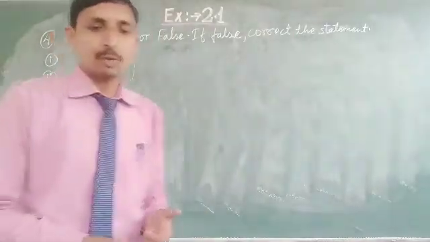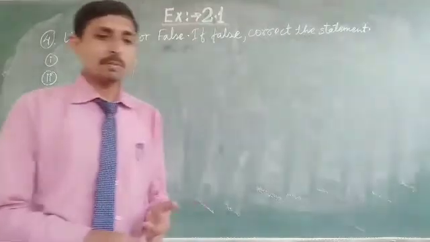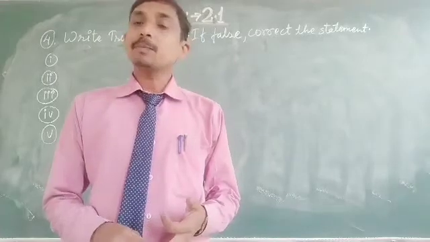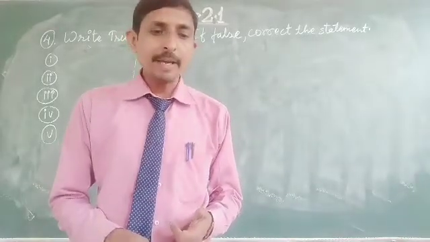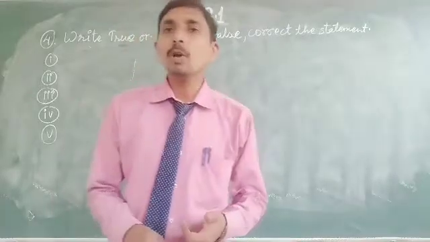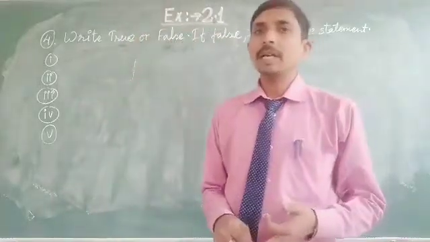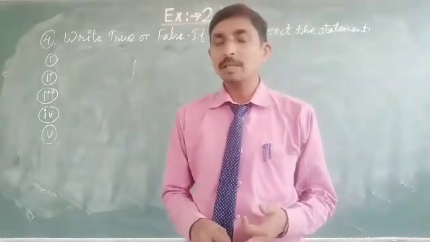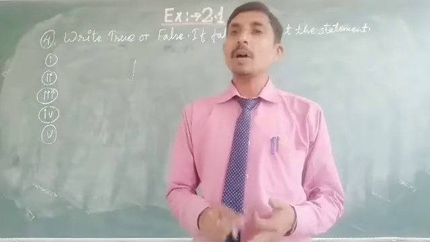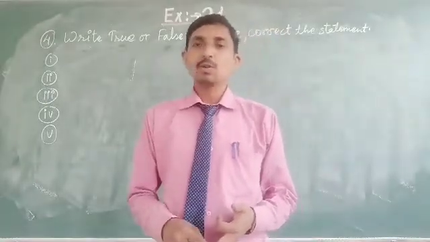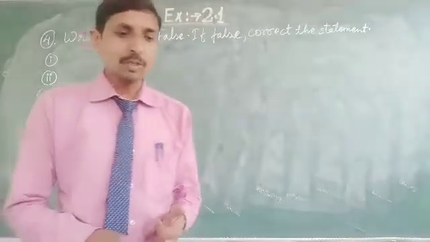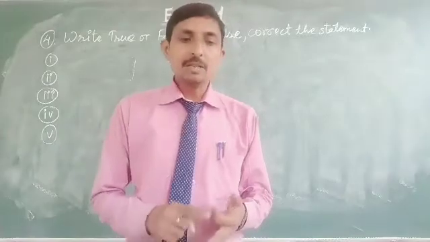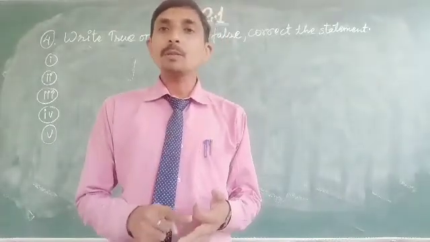So now we take question number 1 of question number 4. In the first statement it is given: if two whole numbers are added, the sum may or may not be a whole number. We all know in closure property it is said that if we add two whole numbers, the result is always a whole number. That means the sum is always a whole number. So this statement is false, because in the statement it is written that the sum may or may not be a whole number.